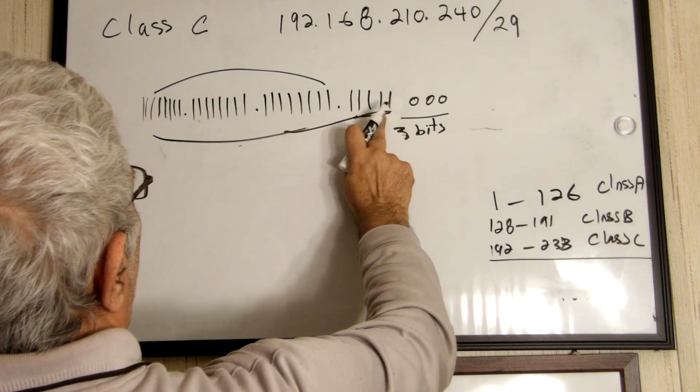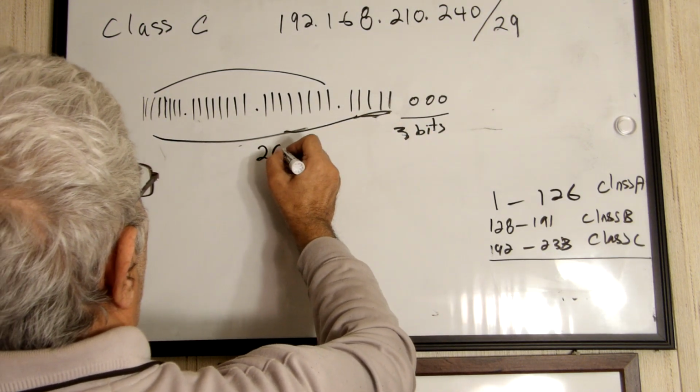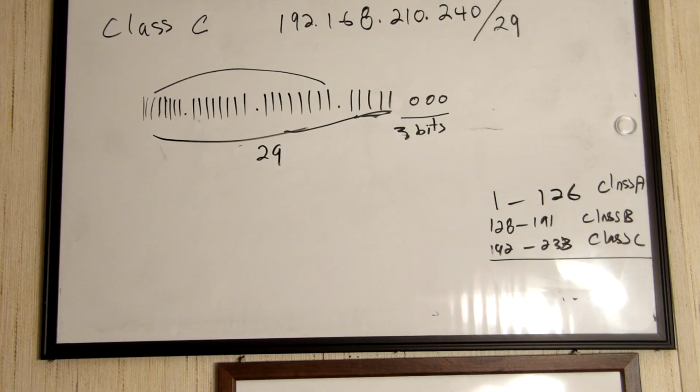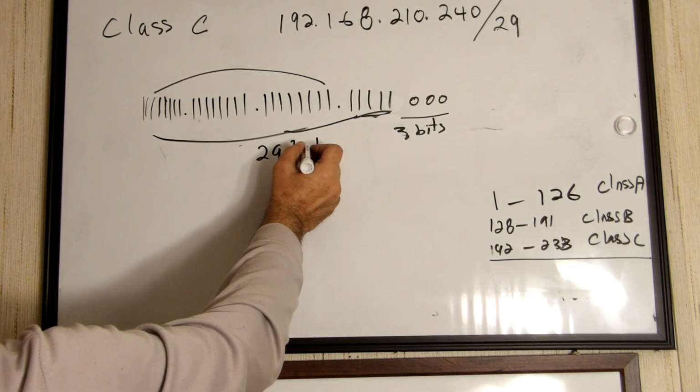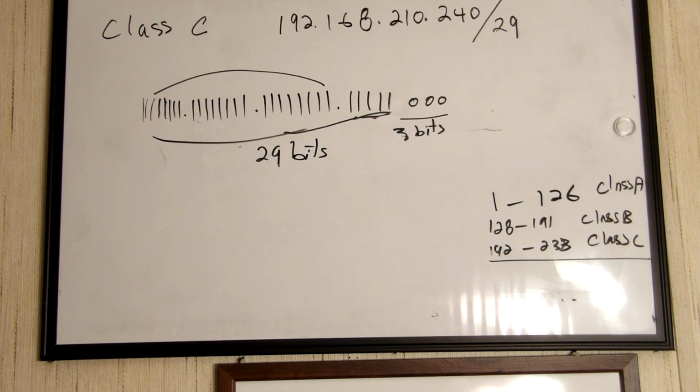And from here to here is 29. Only 29 bits for network, and